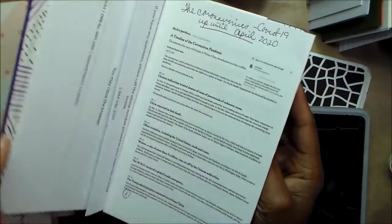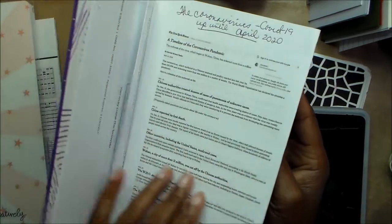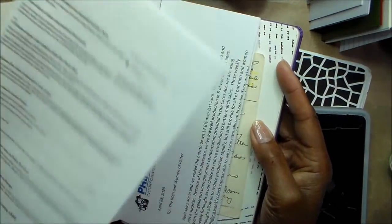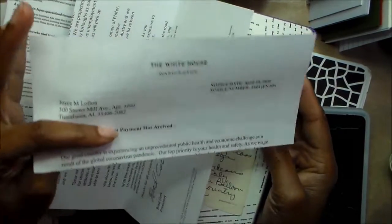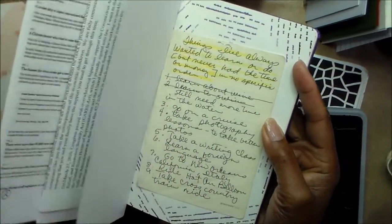I did get that done. Still got to do taxes. And then I just went in and looked it up to see where it started and how it started. And this is the little booklet that I got from it, about 8 pages. And then a letter from my company pertaining to that. And this is the letter from the White House telling me that I was getting a stimulus